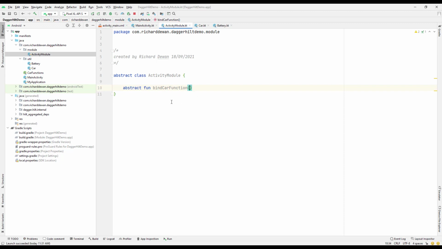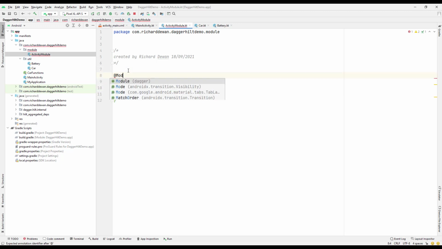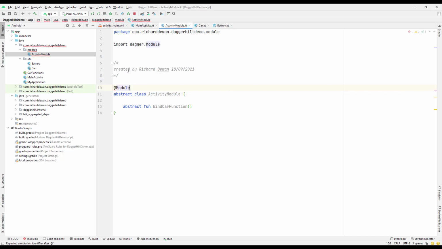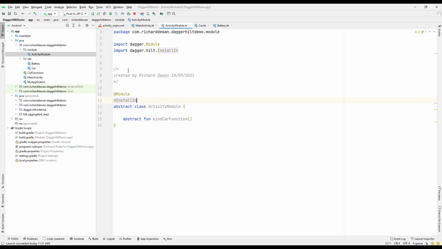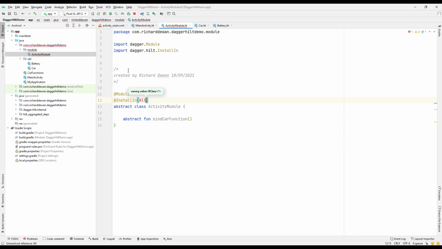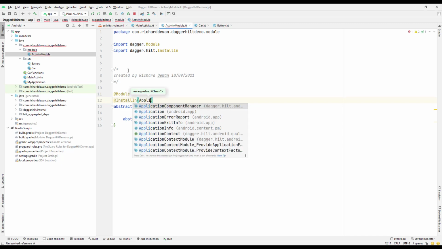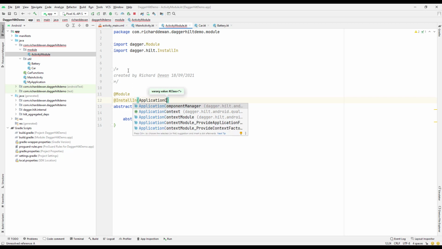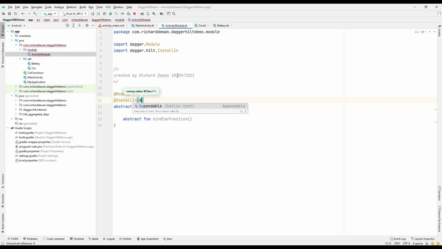Here we need to provide the implementation. First of all, I'll just provide the @Module annotation, and then second, I also need to provide @InstallIn, so where I want to install it. There are a few that we can use, like the application component. We have ApplicationComponent, not the application component, sorry, it should be of